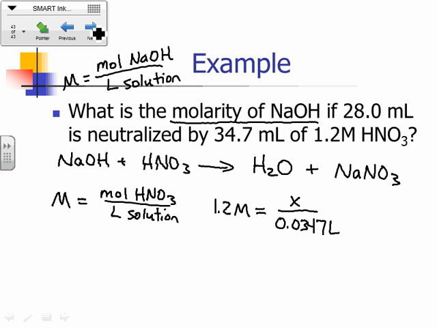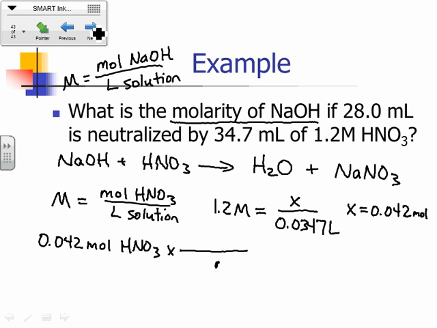That gives you 0.04164, but we're going to round that to, I guess, 0.042, right? And that's moles of HNO3, okay? So if we've got 0.042 moles of HNO3,